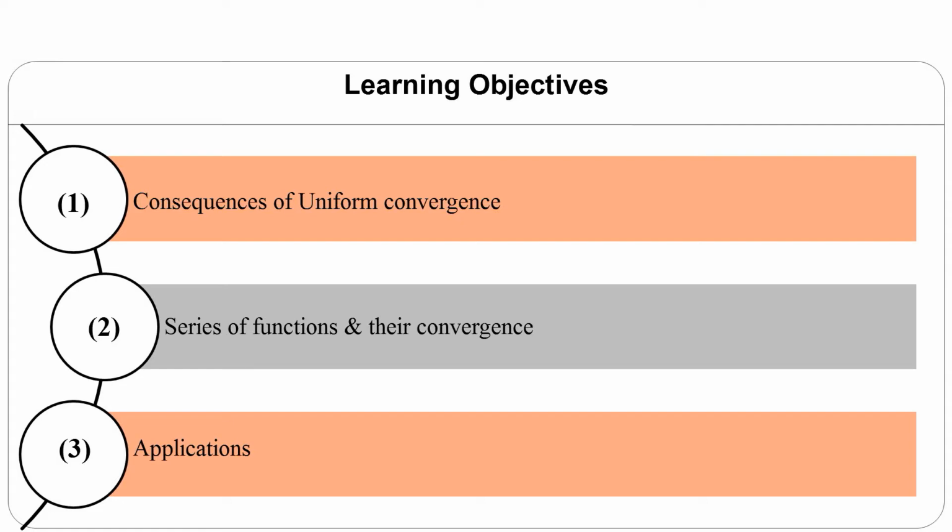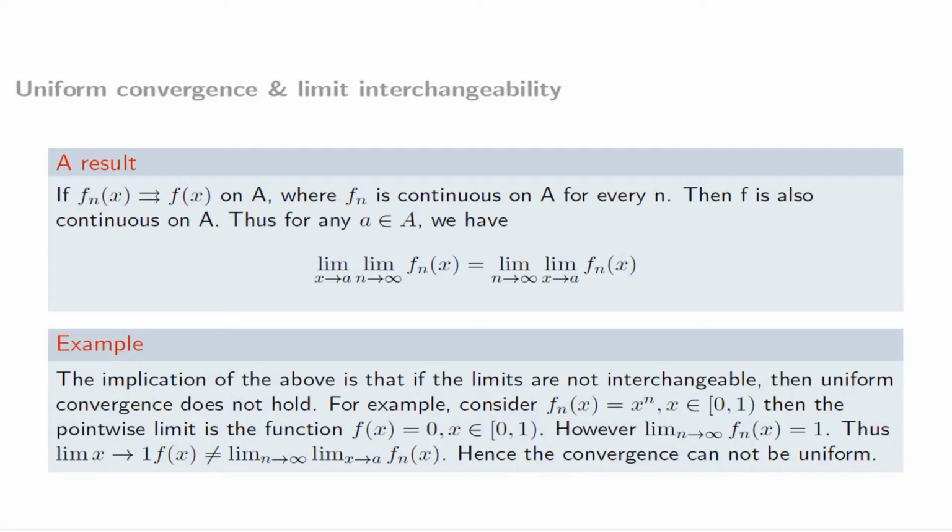First of all, we discuss uniform convergence and limit interchangeability. A sequence of functions f_n(x) is a function of both n and x. So, we can take limits either on n or on x. If f_n(x) is a uniformly convergent function, then the limits on x and limits on n are